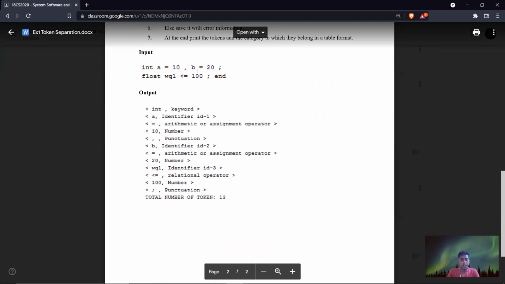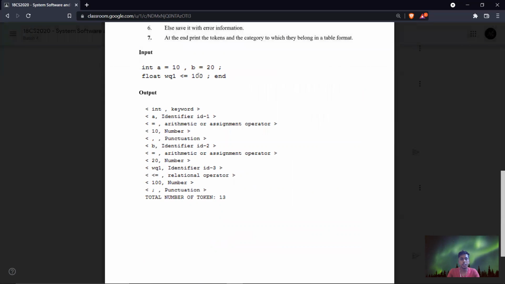Next, b is also an identifier, equal to is an assignment operator, and 20 is a number. Like this, we need to fetch each word and match it, and say whether it is a keyword, an identifier, an operator, punctuation, etc.